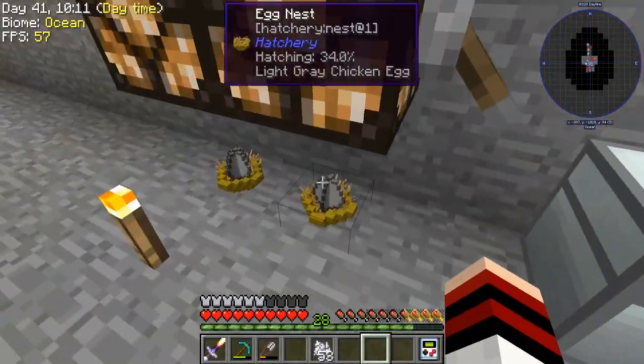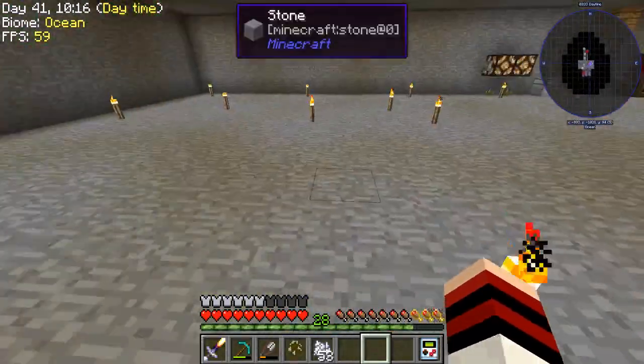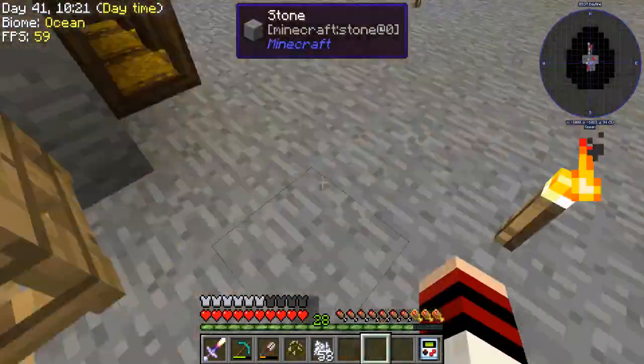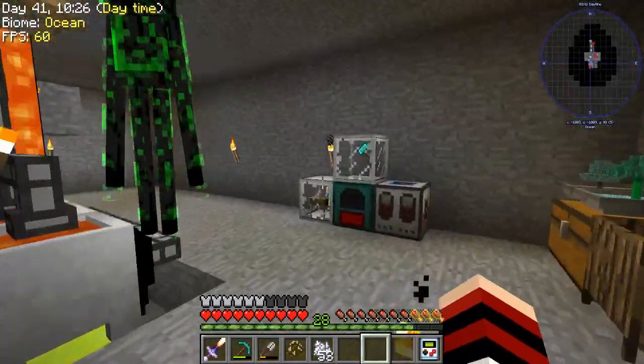Meanwhile, these are growing, so we have 34%, 32%, and I'm really curious. I know if you breed them together, you'll have a chance to get the other chicken, but in the chickens mod,